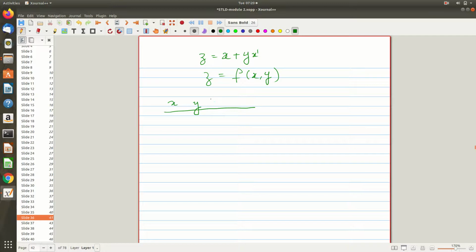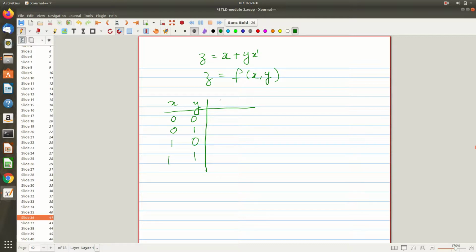The truth table method, right? The different possible values of x and y are 0 0, 0 1, 1 0, 1 1. I can assume four different values for x and y. Yes, x and y are two Boolean variables, and they are assuming these many values.